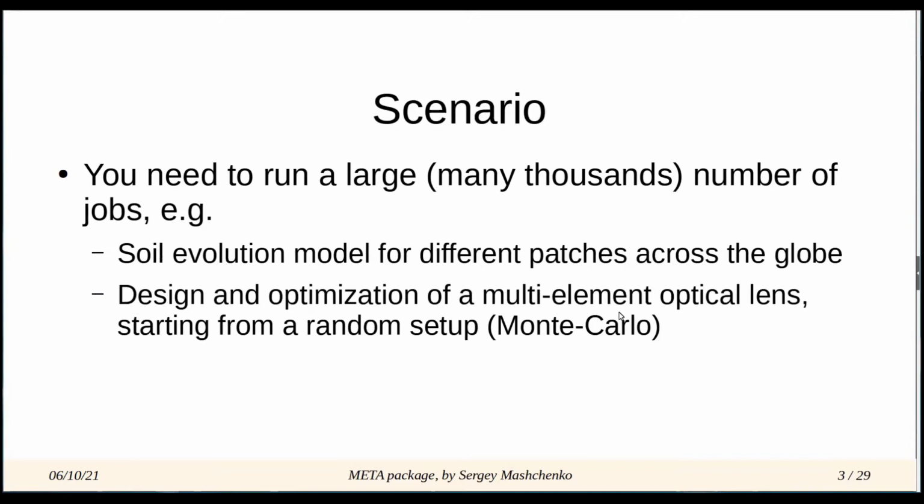Here is a typical usage scenario. Probably some of you have been in this situation. You need to compute lots of independent computation, thousands, maybe even millions. There are two specific examples from my recent experience. One of them is me helping researchers at McMaster University to set up computations of soil evolution model for different patches across the globe. So there are thousands and thousands of patches, and you need to compute thousands and thousands